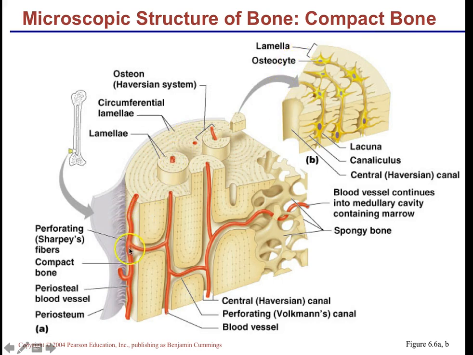The other thing I want you to note with this compact bone are all these canals through which capillaries are threaded. So they can be within millimeters of all these bone cells. And they were discovered by two individuals who get them named after them. So your Haversian canals, which are vertical, and then your horizontal Volkmann canals, and between the Volkmann and Haversian canals, you can get capillaries to all of the cells in